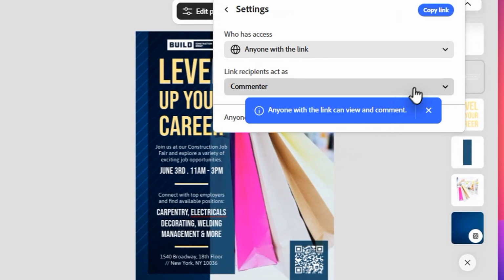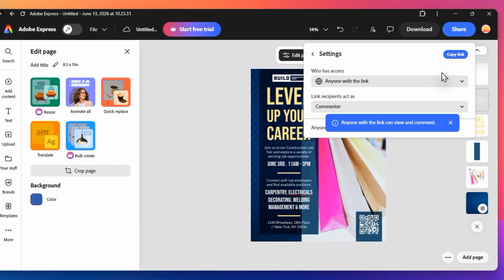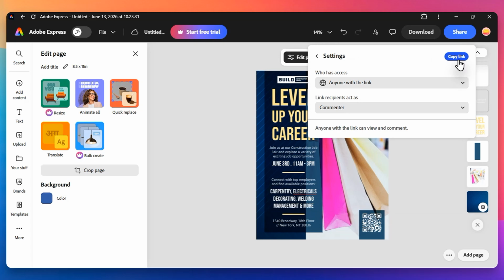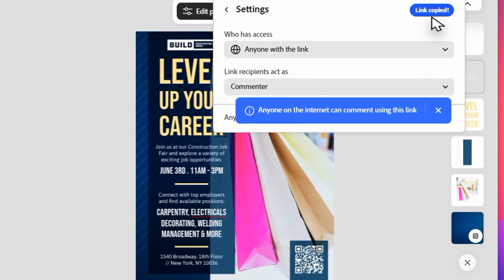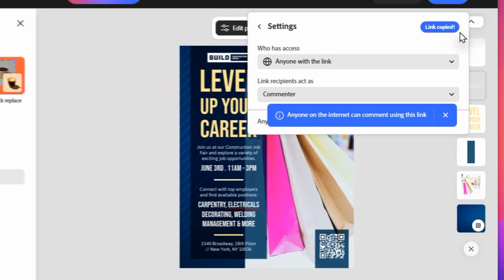After setting the privacy, it is important to choose the right permission level. You can select Can Edit if you want your collaborators to be able to modify layers and layouts in real time. If you only want feedback, choose Can Comment so